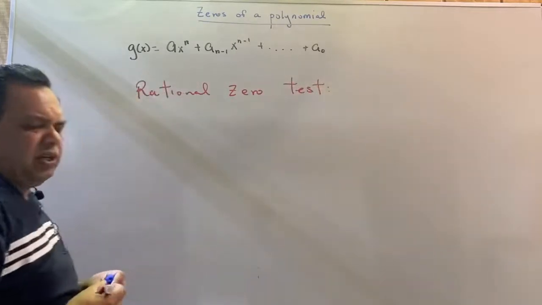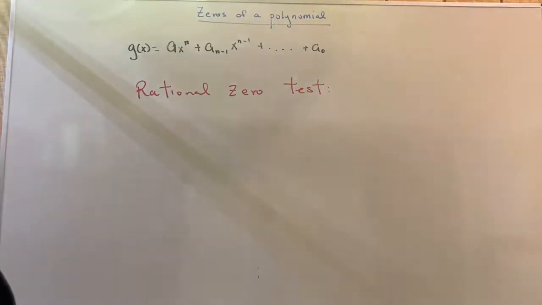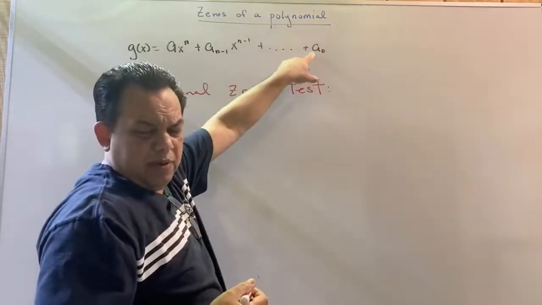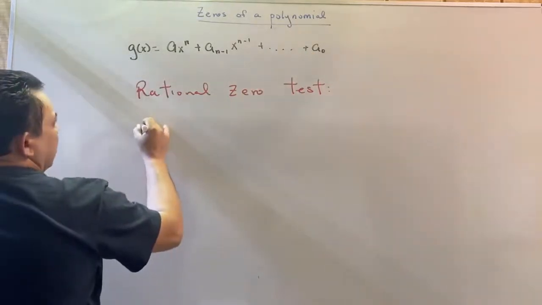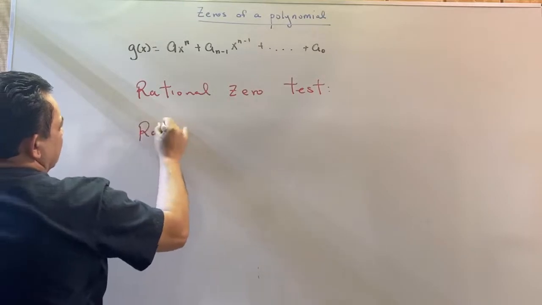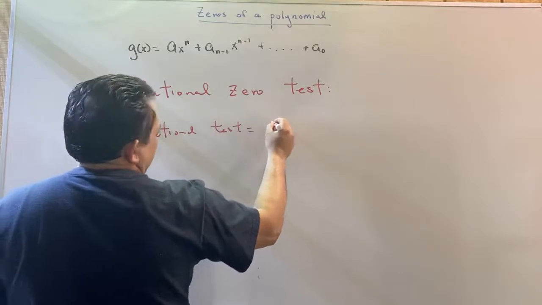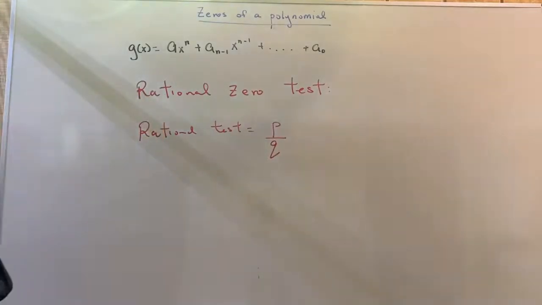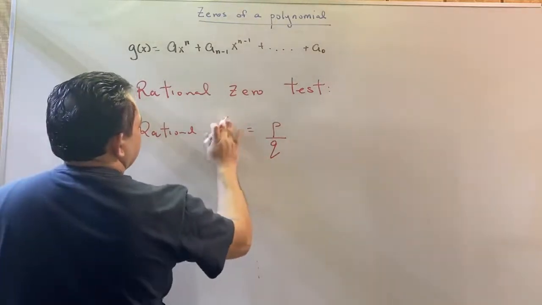So what is the rational zero test? Well, if we have a polynomial once again where we have ax to the n all the way up to the constant term a0, the rational zero test, we say generally it's p over q. Or the rational zeros, I should say,